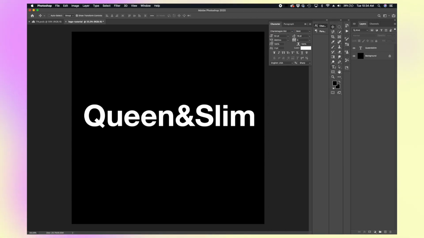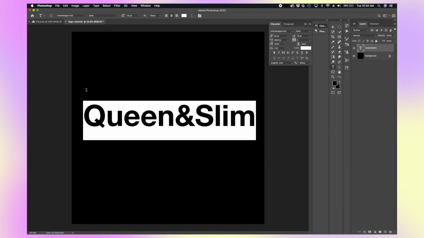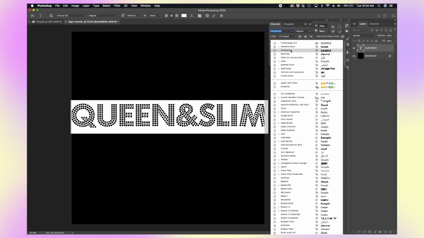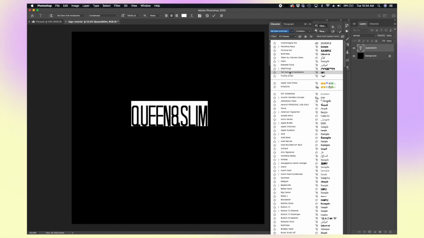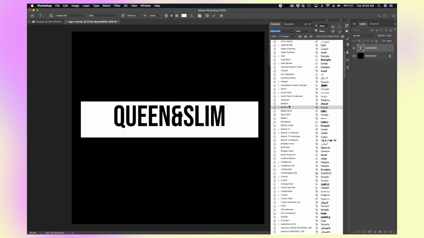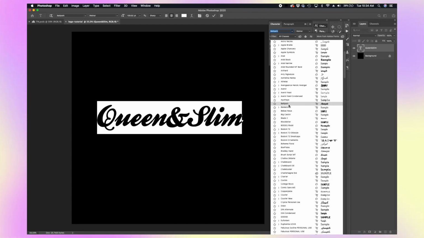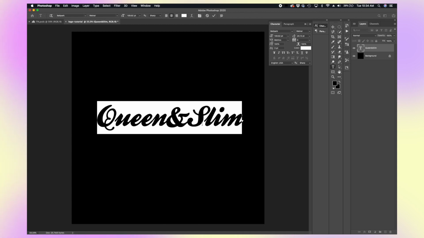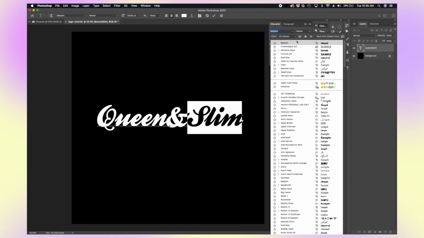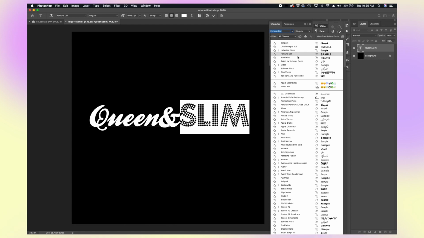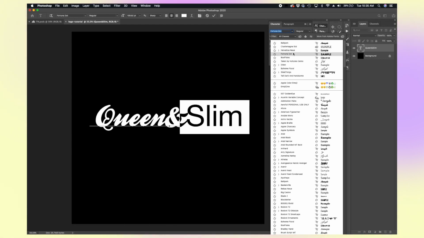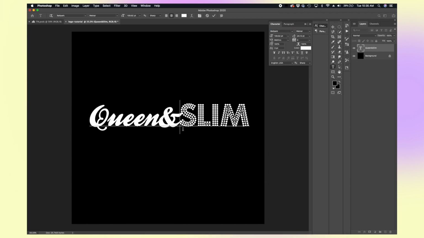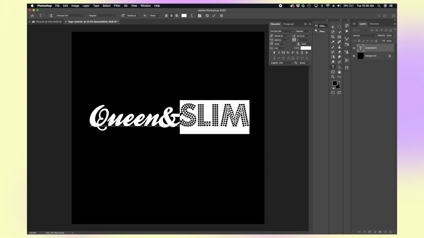I'm gonna go back to my text tool, make sure I have my text highlighted so that I can hover through different fonts. So we kind of have this cool little dot font right here that I downloaded. I think I'm gonna do a mixture of fonts, so I'm gonna keep this font right here, Ballpark, for Queen, and then Slim. I think I'm gonna go ahead and take, where was that font from before? Right here, Futura Dot. And then I'm also actually going to remove this, so I'm just gonna cut it,